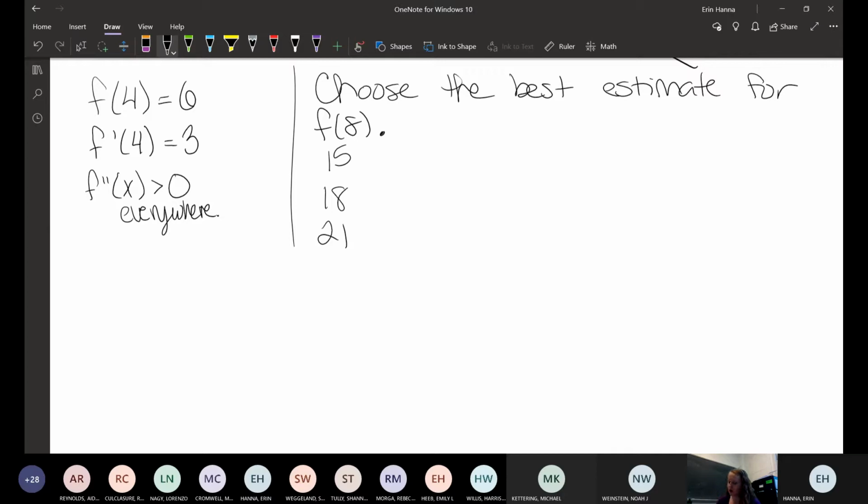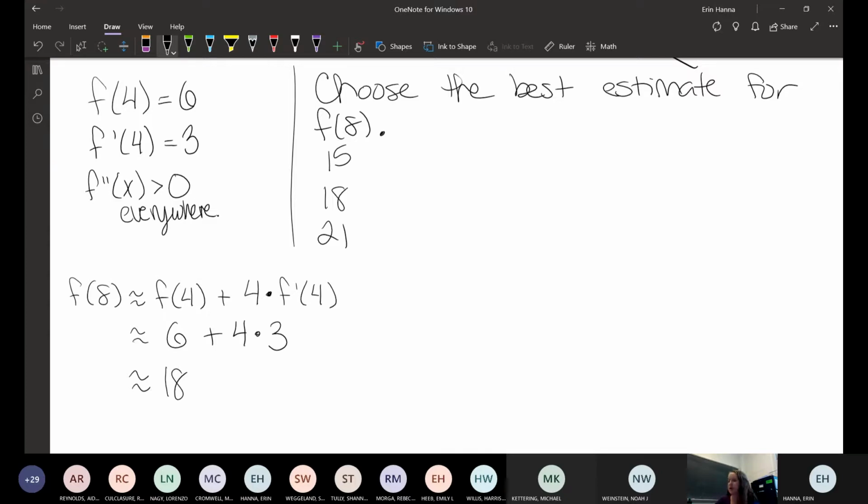So how we're going to do this is the first thing we're going to look at is we kind of know a way to approximate f of 8 from 2.3, where we use that idea of the tangent line approximation, where we take f of 4 and then we add on a certain amount of derivative values. And since the difference between 4 and 8 is also 4, we would multiply that derivative value by 4. So we'd be able to estimate that the value would be approximately around 18. So you may want to pick 18, but that's actually not going to be the best estimate because of the fact that we have,